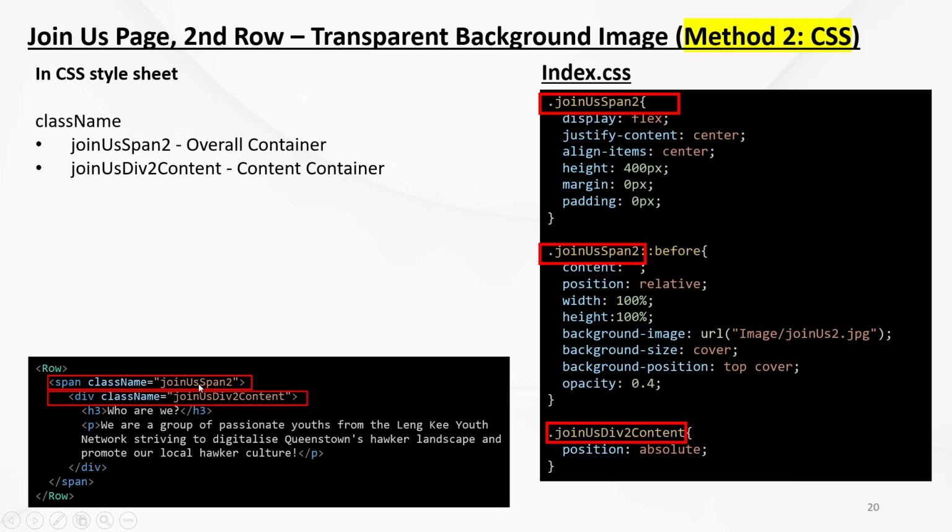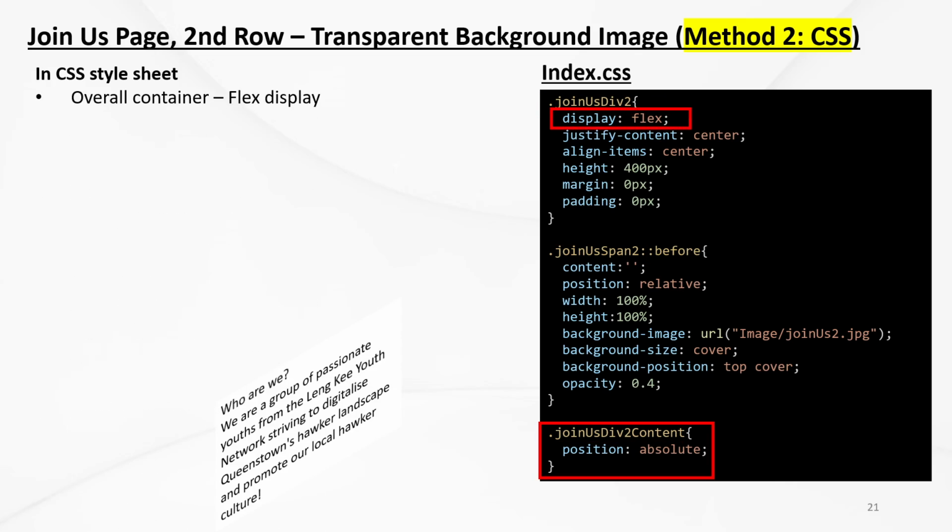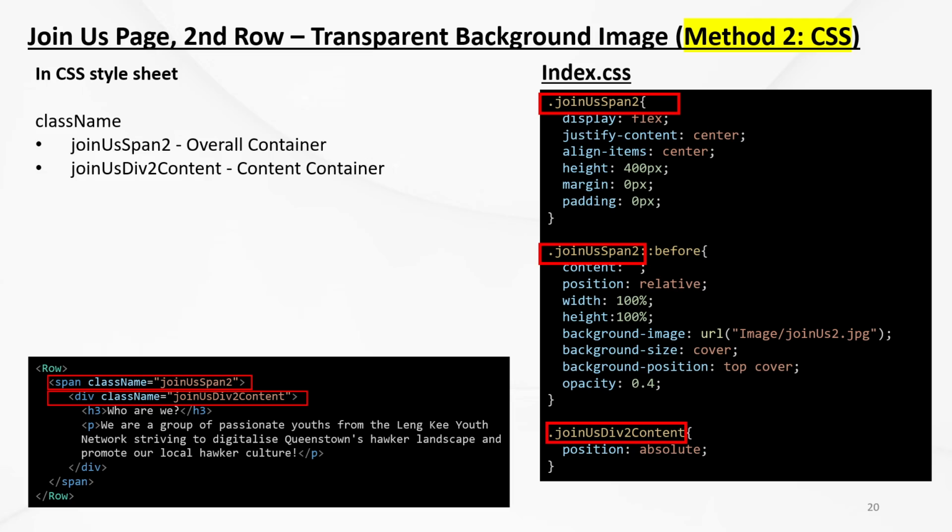This is an overall container, and this chunk is talking about the content container. And you see, before this chunk, there's something before that. So after walking you through the CSS code, a brief overview,